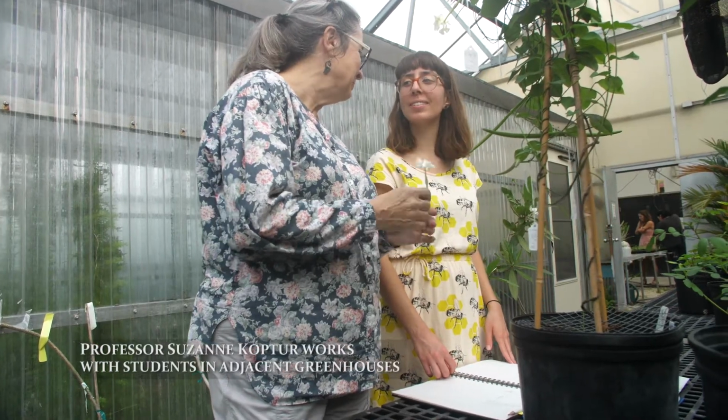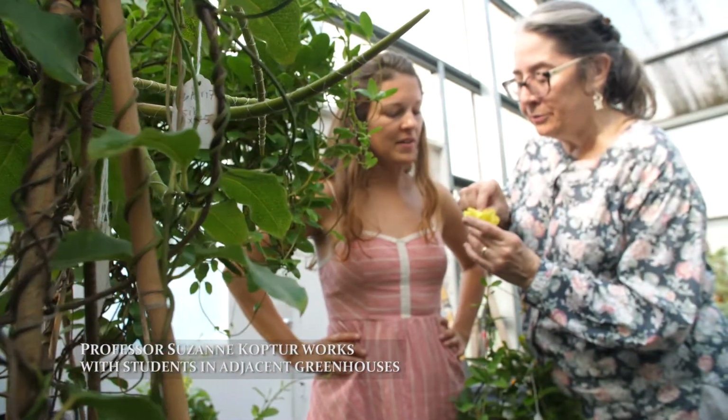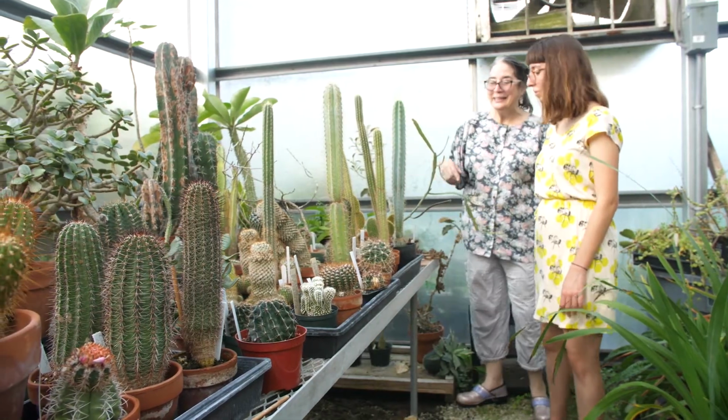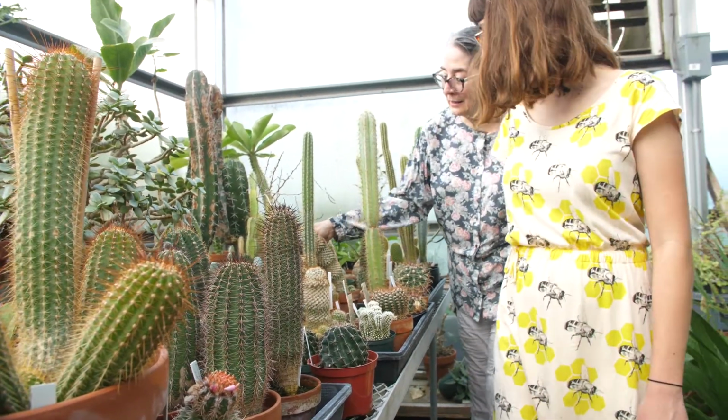The Wertheim Conservatory and adjacent greenhouses are used for research here on campus. We have professors that are looking at anatomy and morphology, structure of plants, and they're using plants that we grow here on campus. Well, the conservatory is an essential element of a botanist's toolkit because the conservatory allows the specialist